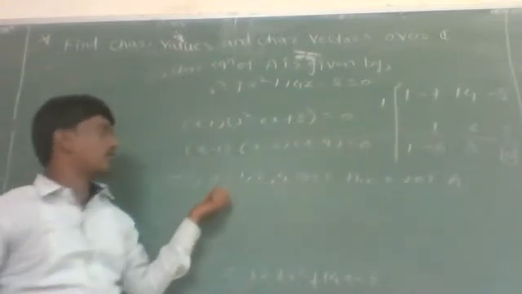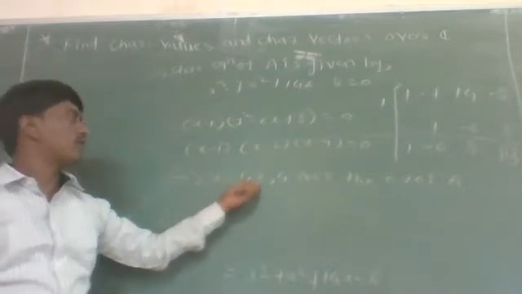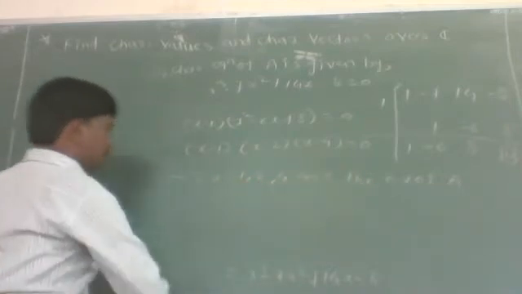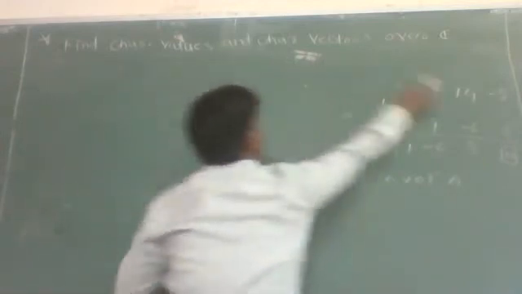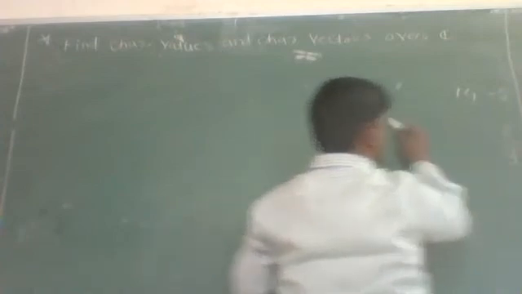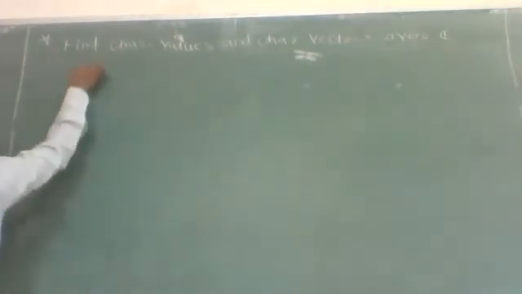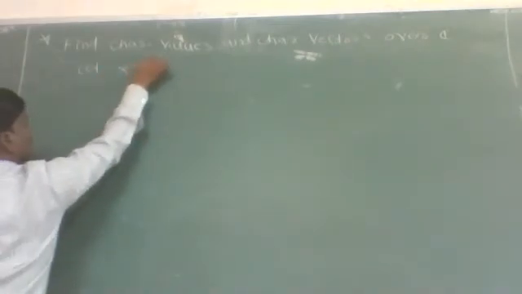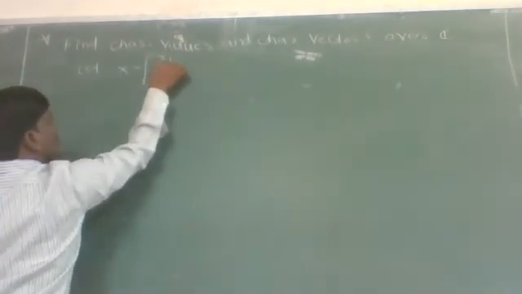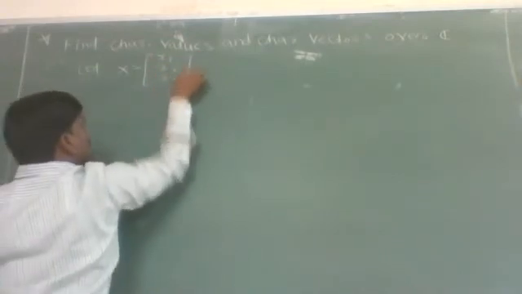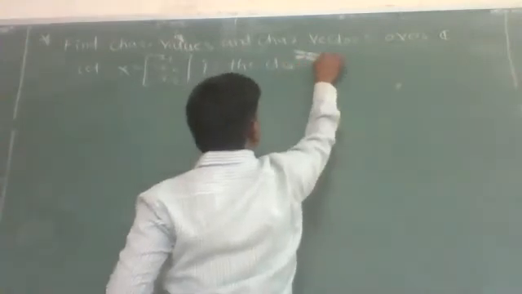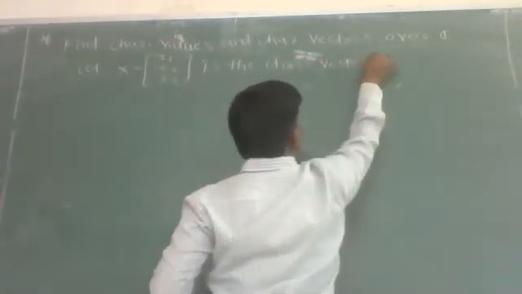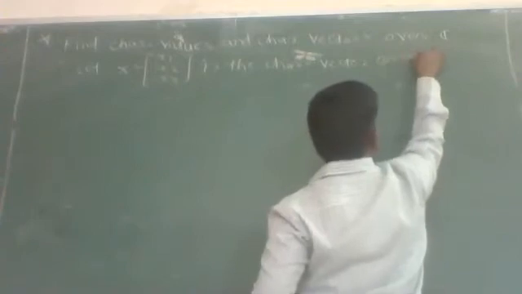Now we have to find the characteristic vector corresponding to eigenvalues 1, 2 and 4. We will first find the characteristic vector corresponding to eigenvalue 1. Let X equal to x1, x2, x3 be the characteristic vector corresponding to, or associated with,